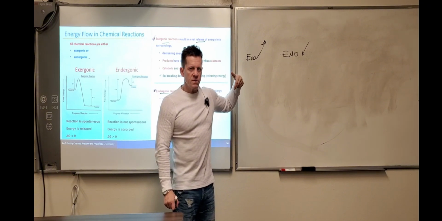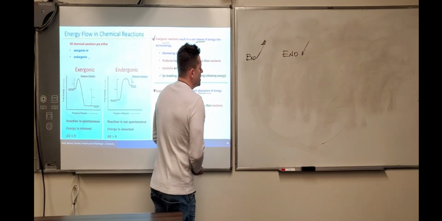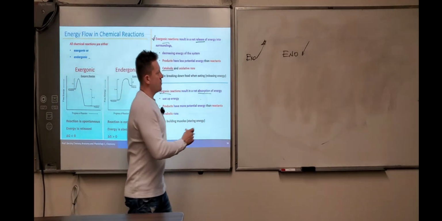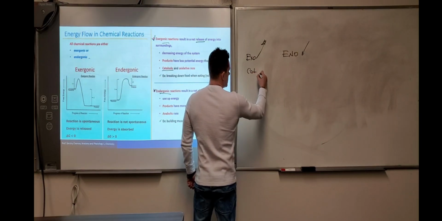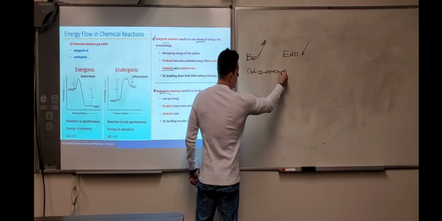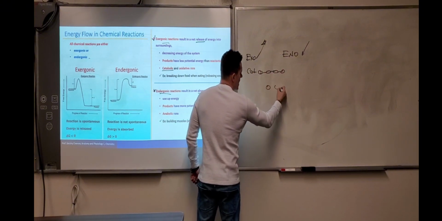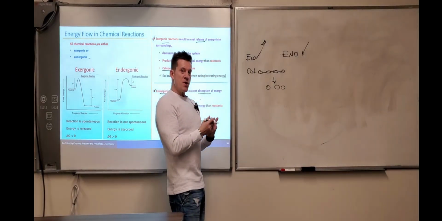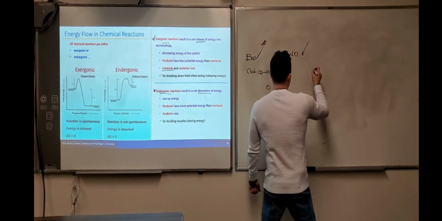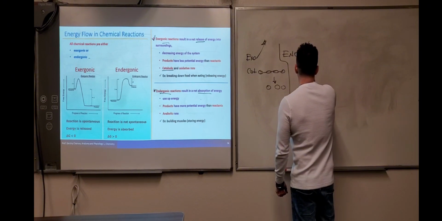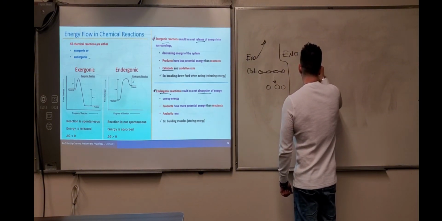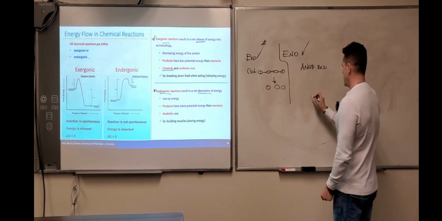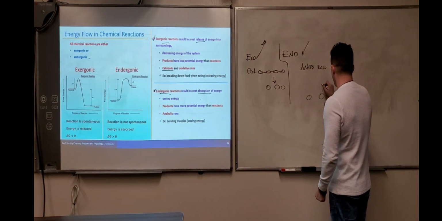Exergonic reaction is a catabolic reaction, right? Because in a catabolic reaction, you have a complex molecule and you make it more simple. So an endergonic reaction would be an anabolic reaction, right? Because you're absorbing energy. You're going this way,